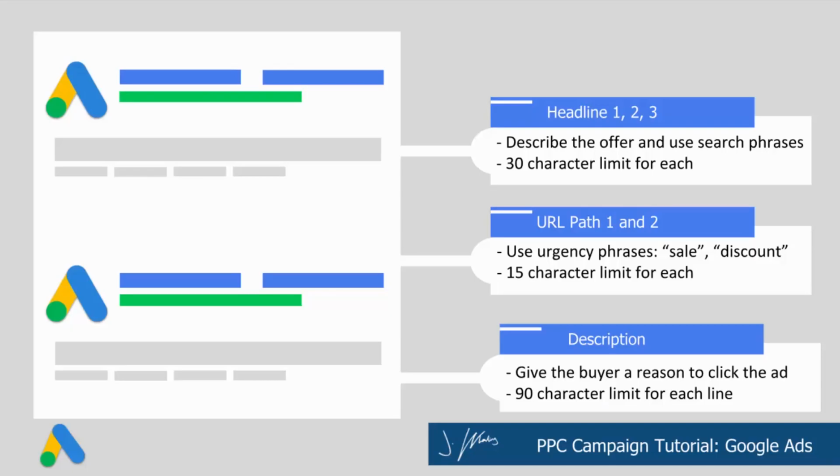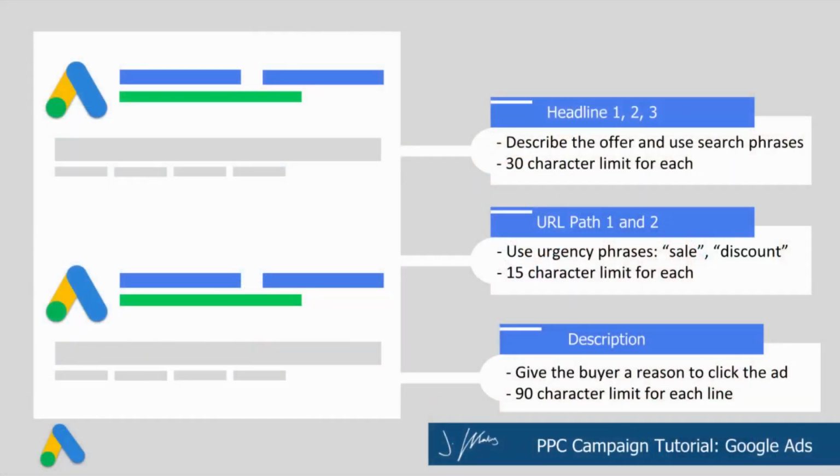Now, specific guidelines for writing your ads, you have up to 30 characters for your 2 headlines. Google Ads right now, as of this recording, is experimenting with a 3rd headline, although I'm not really going to count on that until it becomes set in stone. So when you're setting up your ad, you can add a 3rd headline, but you never know if Google's actually going to use it or not. It's just kind of one of those things that they're currently testing.